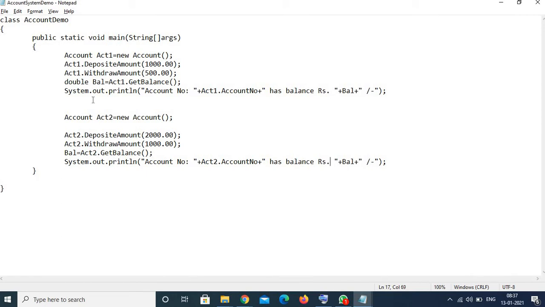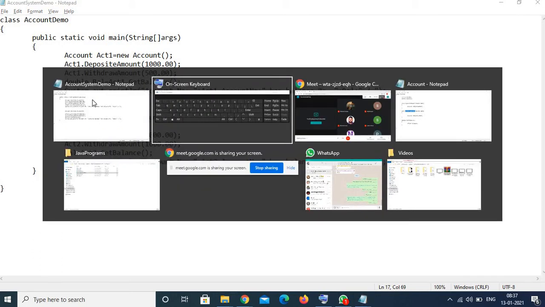Now I'll execute the program, and once we get the output on the screen, I'll explain this flow of our main class.